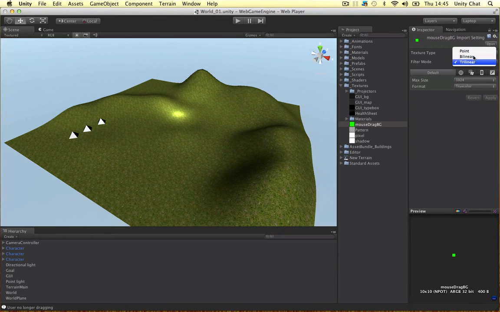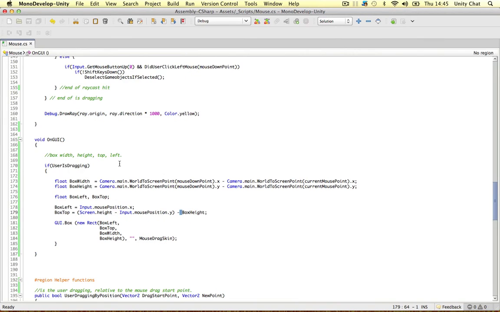So change this to point. Okay, so GUI point, apply. Okay, and that's all we need to do guys. So